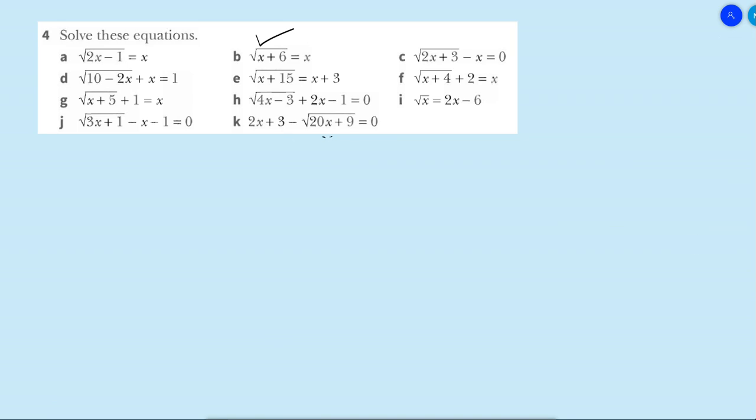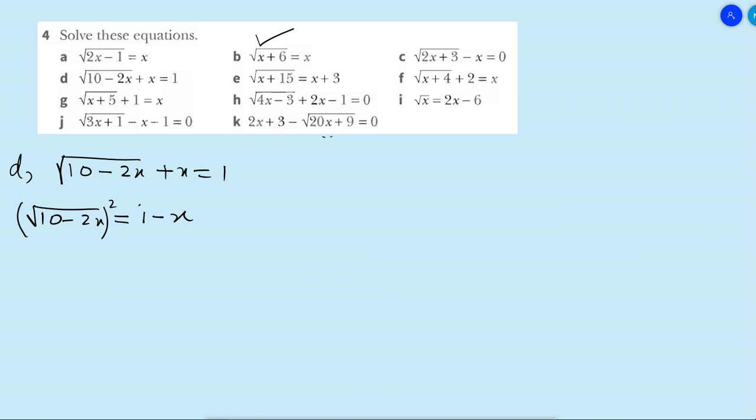Let's have a look at part D. Part D is √(10 − 2x) + x = 1. First shift x to the other side, it will be 1 − x. Taking square on both